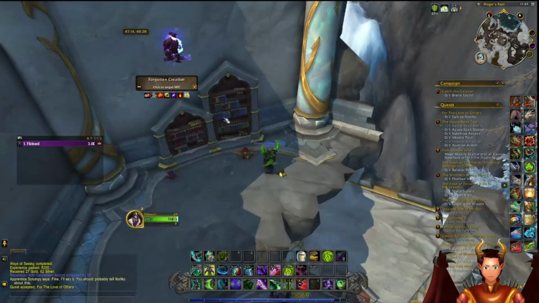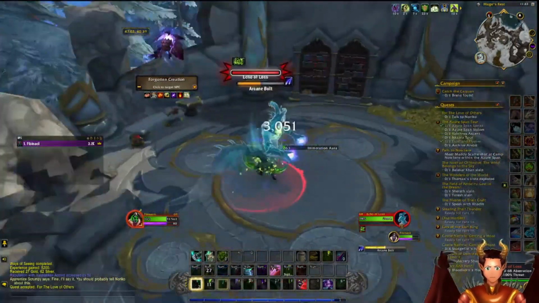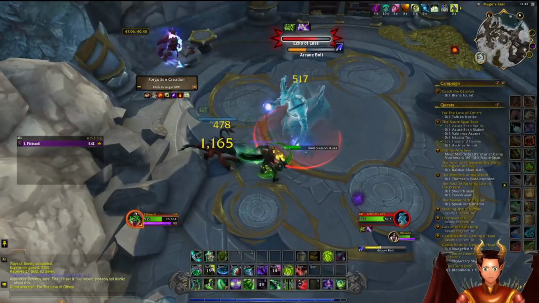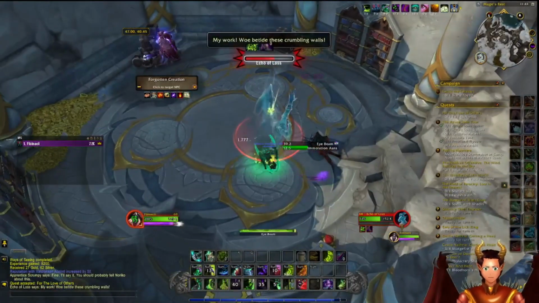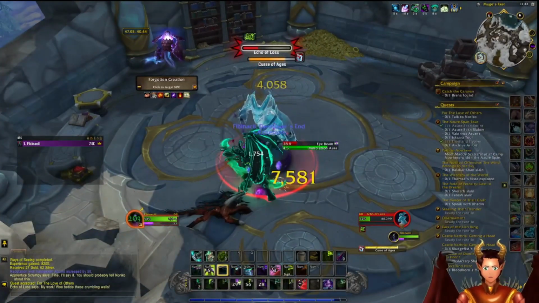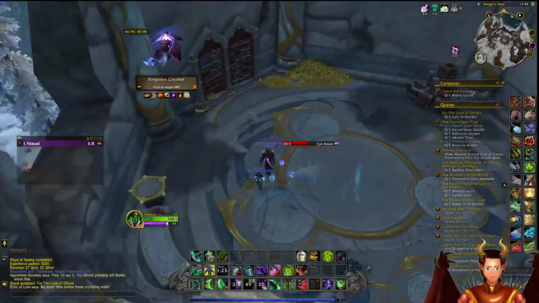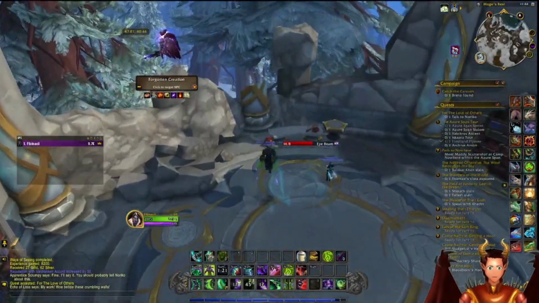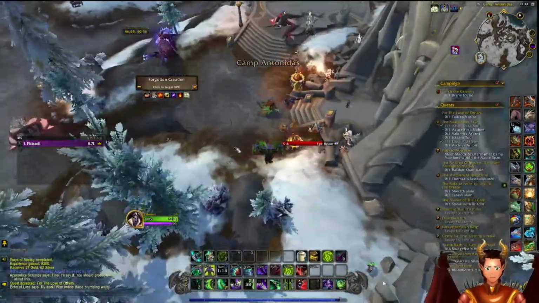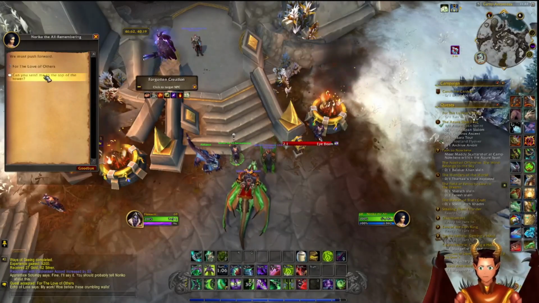Echo of Loss. I'm out of range. This has got a lot of health to it. It does a lot of damage too. My work will be tied to these crumbling walls. Talked to Noriko. The Kirin Tor welcomes you. Keep your eyes and...